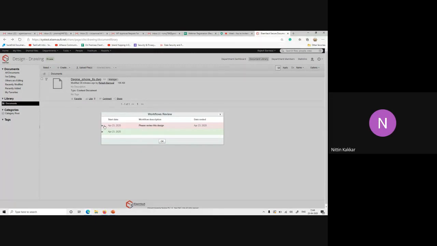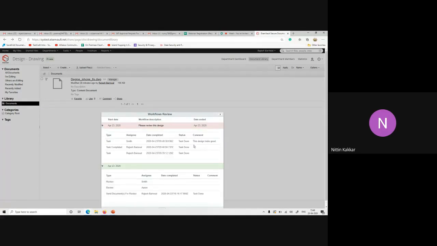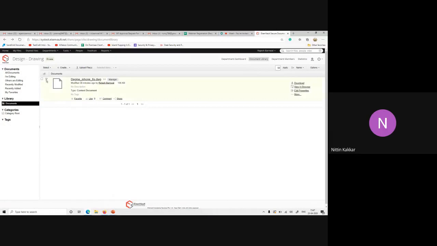If you click on this arrow sign, you get to see all the actions: when the document was started, what the outcome was, who the assignee was, and what date and time they commented or the task was closed from their end. This symbol indicates the document belongs to an active workflow. So all the histories can be checked by the action view all workflows of that individual document.